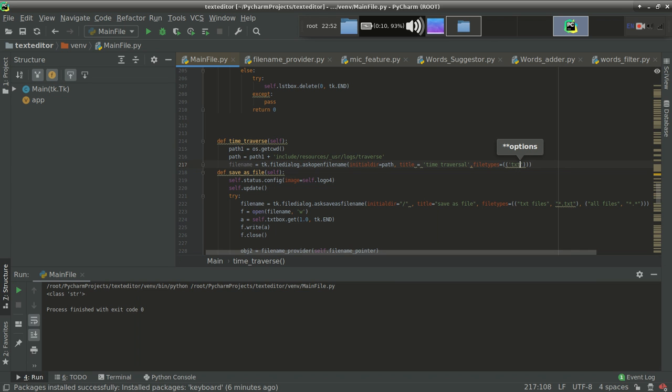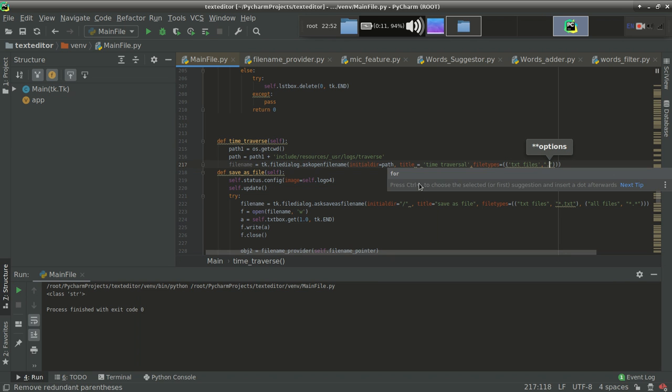You can assign your file also as text files, then *.txt. Actually this is the same syntax which I wrote in open file. Don't take tension, you can understand from there also.